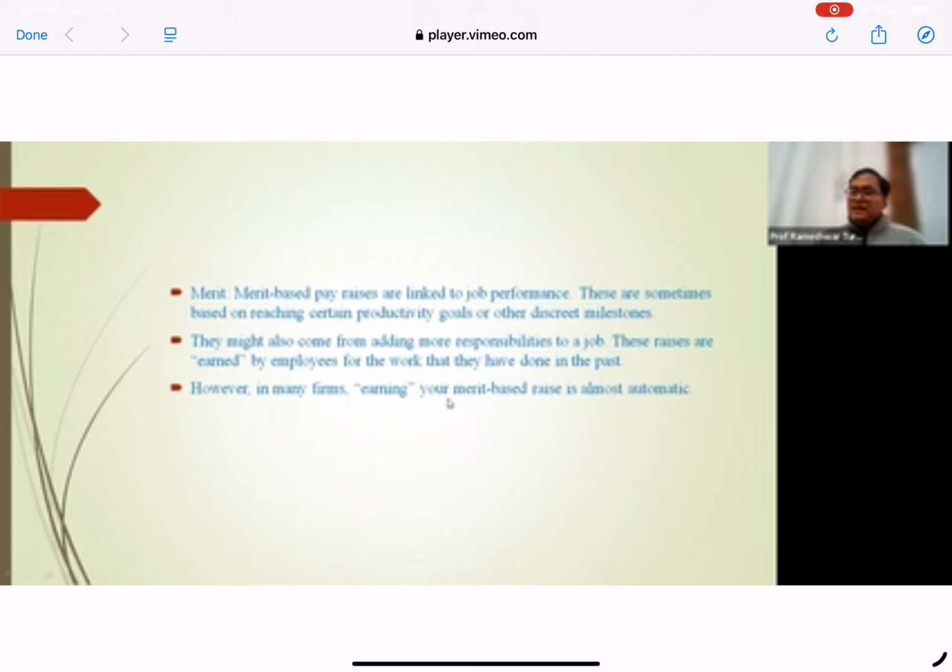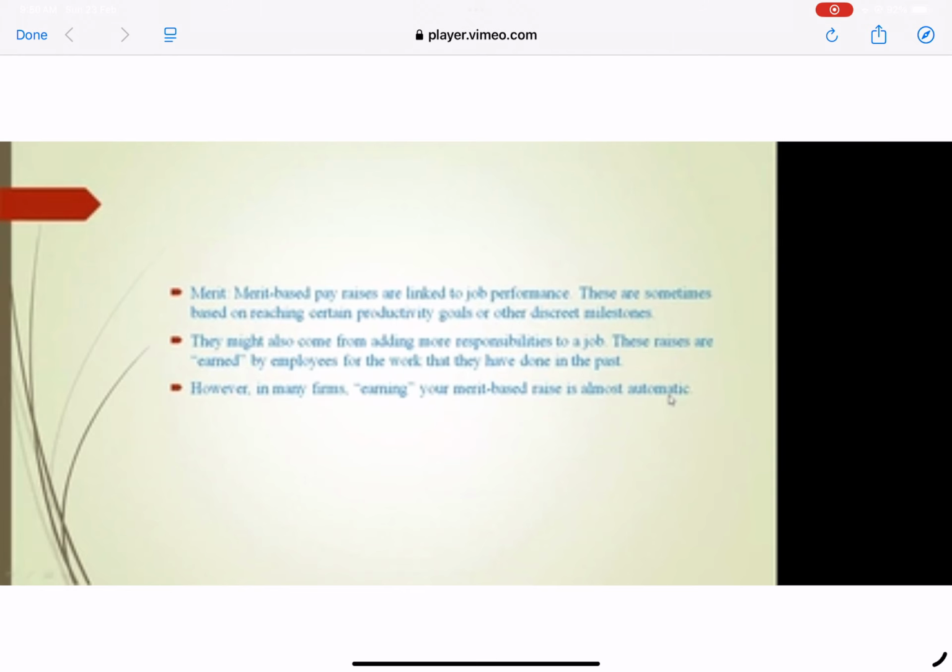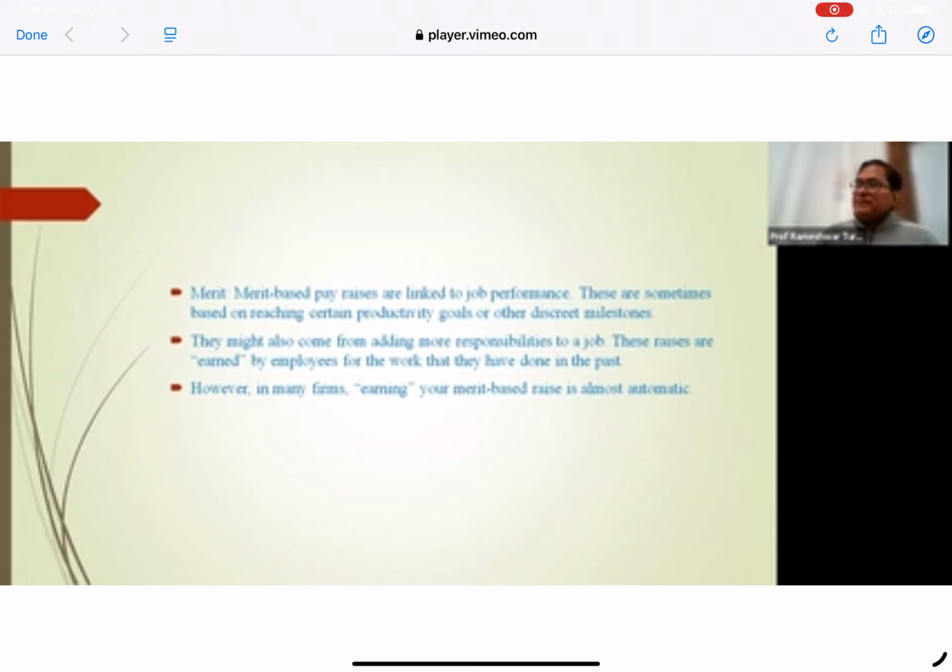However, in many firms, earning your merit-based raise is almost automatic. In the USA, 75% of companies claim that they give a change in basic pay based on merit. But when the actual research was done,